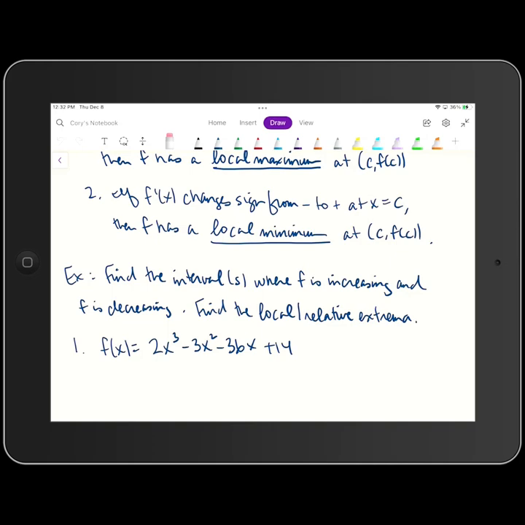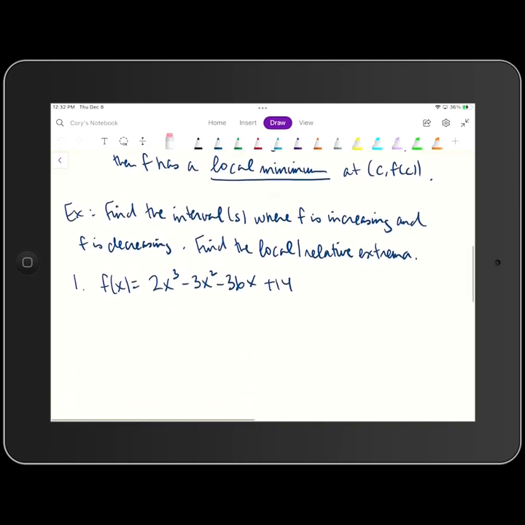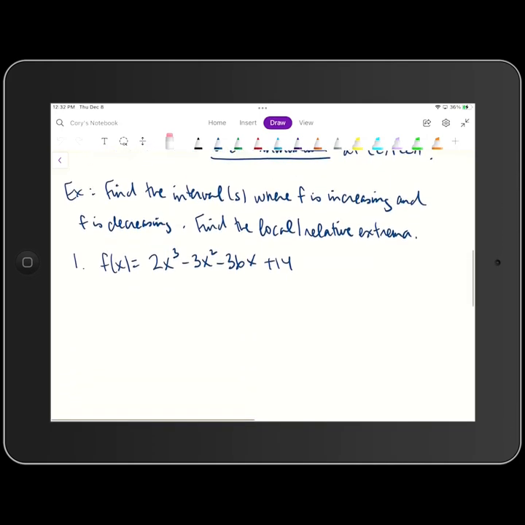Okay, so let's take a look at three examples involving this, where the directions ask us to find the interval or intervals where f is increasing and f is decreasing, and then we're also asked to find the local or relative extrema. And for number one, we have the function f of x equals 2x cubed minus 3x squared